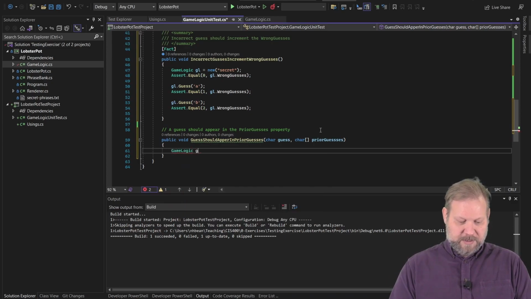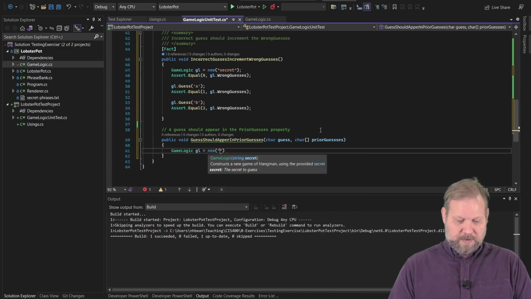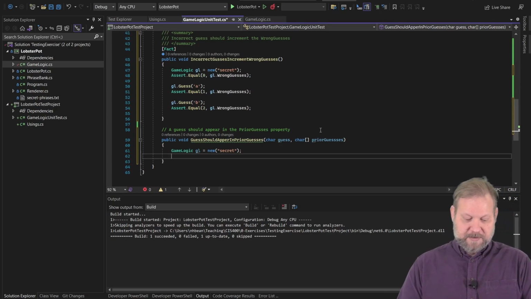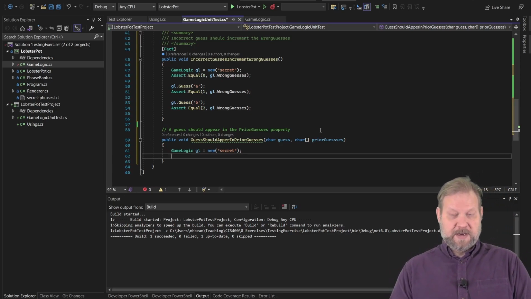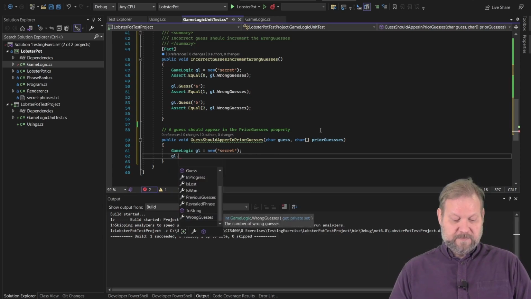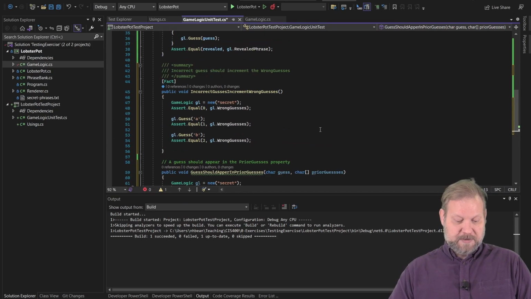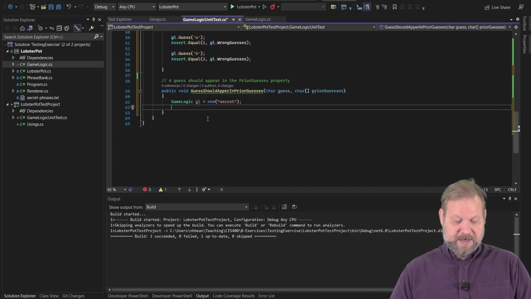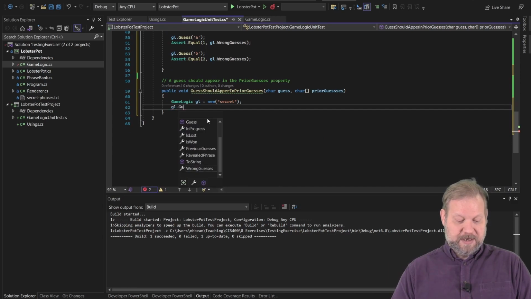Again, we'll create our game logic. And I'm just going to hard code in a secret phrase here. We could have passed it in as an argument, but it's not strictly necessary in this case. And we want to make a guess for each one of those characters coming in. Or actually, we're guessing the character we supplied. So just gl.guess